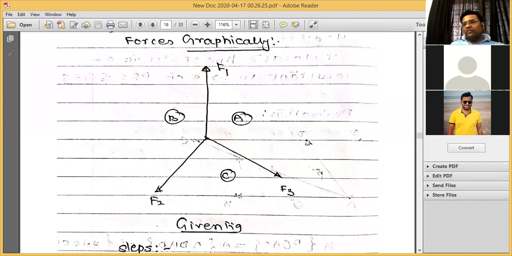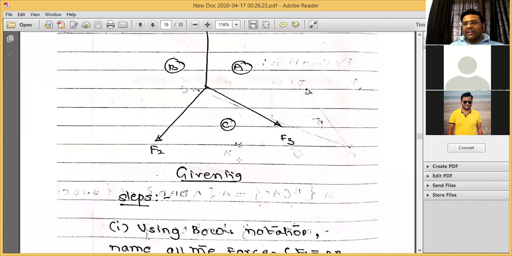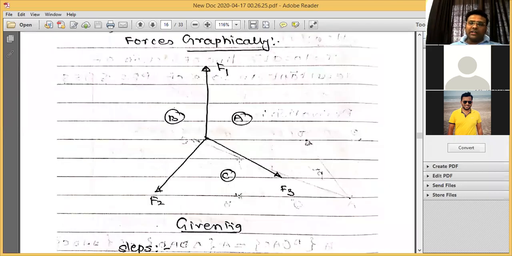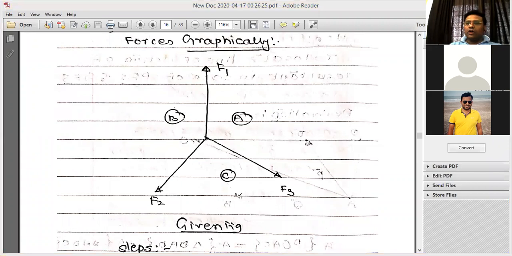So when we solve some examples, this particular point will get clear, but in your mind you should remember that Varignon's theorem is used for the calculation of the line of action of the resultant for PFS and GFS. So I hope that you are getting the things which are there.